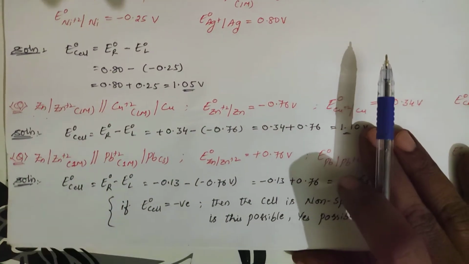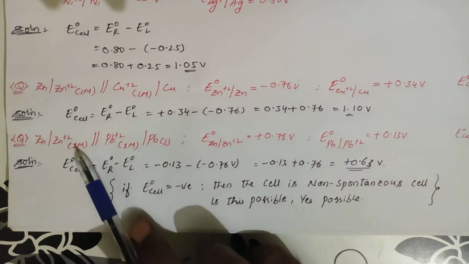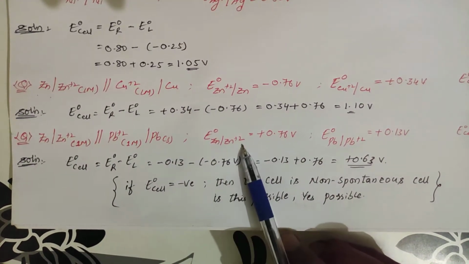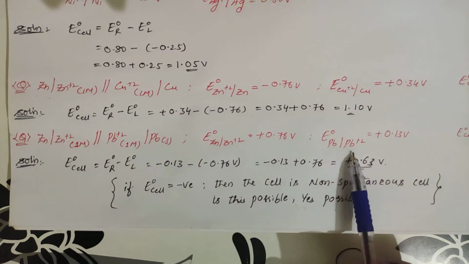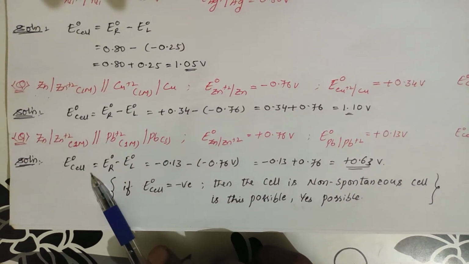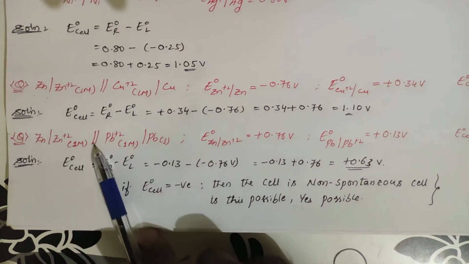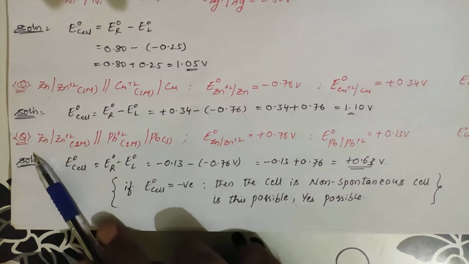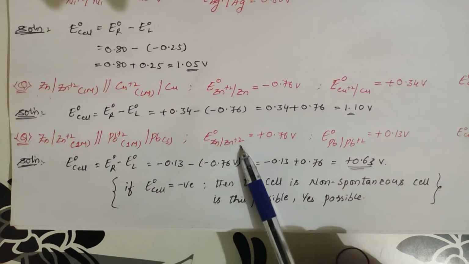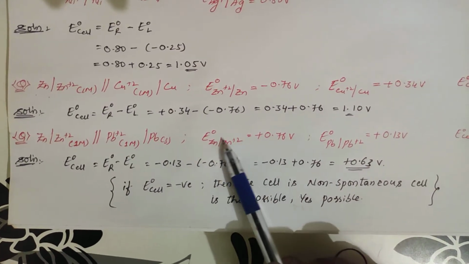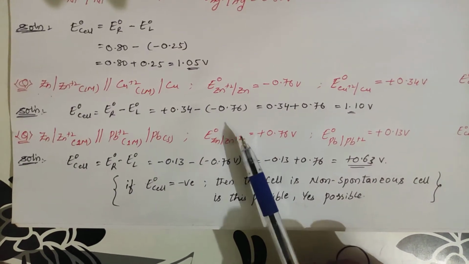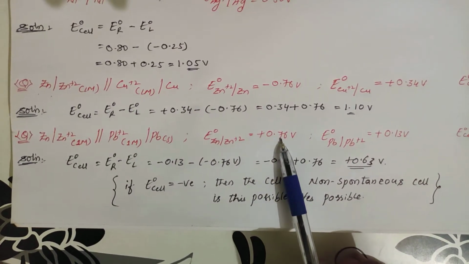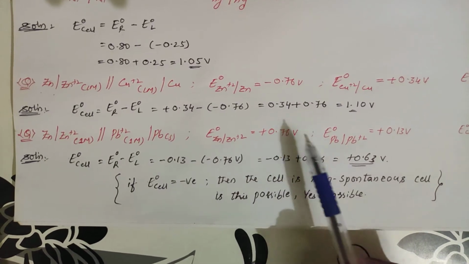Clear? Next one. Take this question. Zn to Zn plus 2 1 molar concentration, Pb plus 2 to Pb. Okay. Zn to Zn plus 2. This is the condition. Here we should go E naught of the cell means E right minus E left. See, which is RHS? This one is the condition. LHS is this one. So lead minus zinc you should get. See Zn to Zn plus 2. Is this oxidation or reduction? This is oxidation. Okay. So you should convert that into a reduction value. So you will be getting minus 0.76, because you should take the reduction value only, right? So minus 0.76.